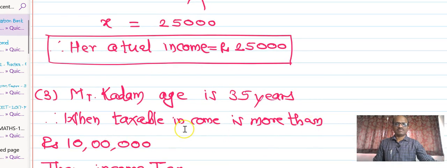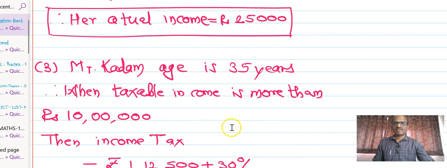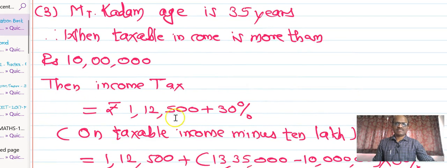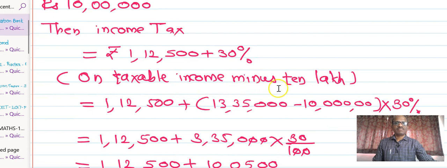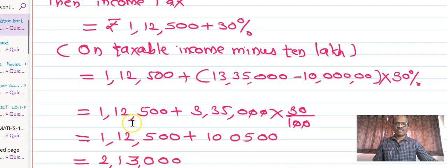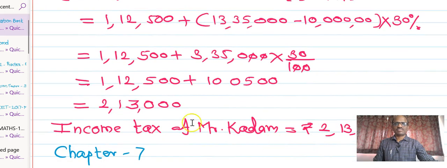When the taxable income is more than 10 lakhs, according to the chart, the income tax is rupees 1,12,500 plus 30% of the taxable income minus 10 lakhs. That is 1,12,500 plus 13 lakhs 35,000 minus 10 lakhs, into 30%. Therefore, you are getting 1,12,500 plus 3,35,000 into 30 upon 100, and after the calculations we are getting